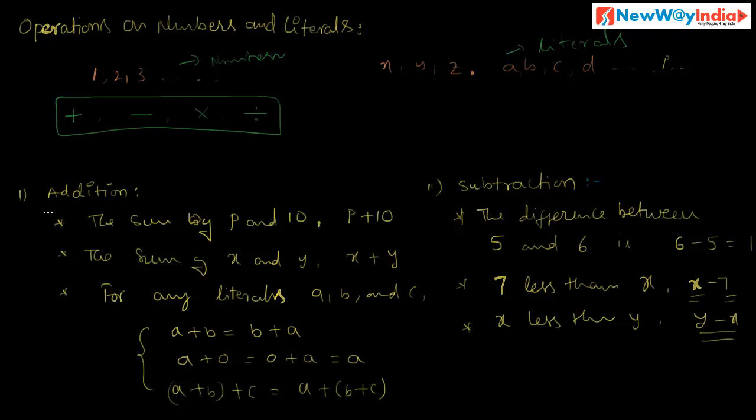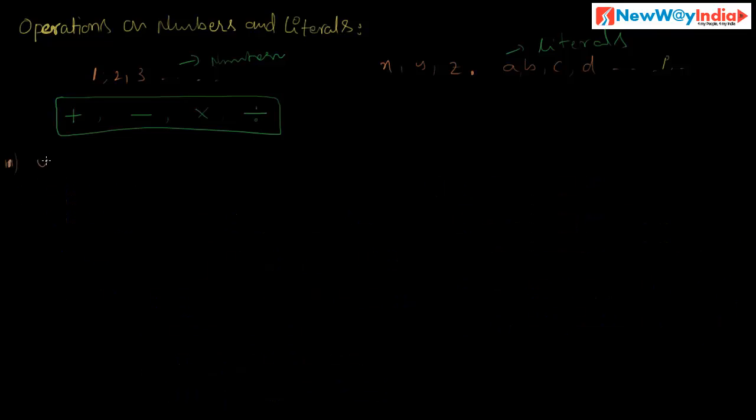This is addition on numerals and literals. This is subtraction on numerals and literals. Next operation is multiplication. Consider the literals like x and y, and 1, 2, 3 like this. This is operation on literals and numericals, like 7 times 2, 8 times y